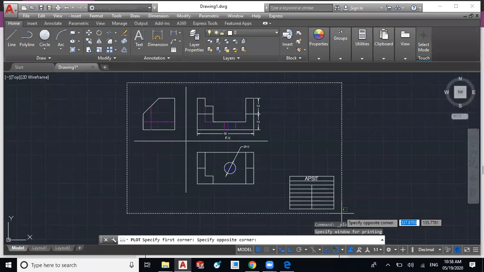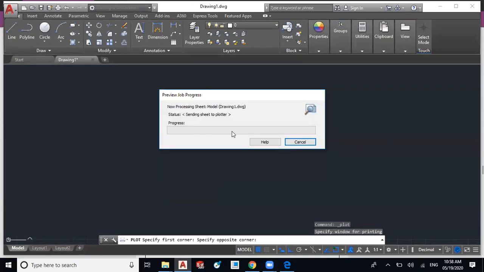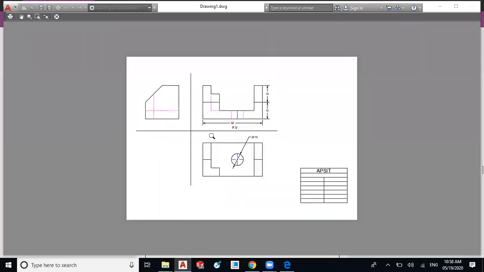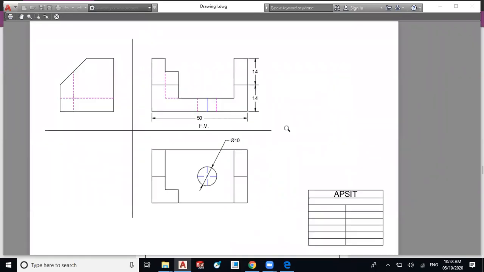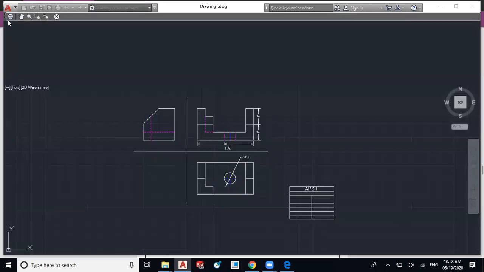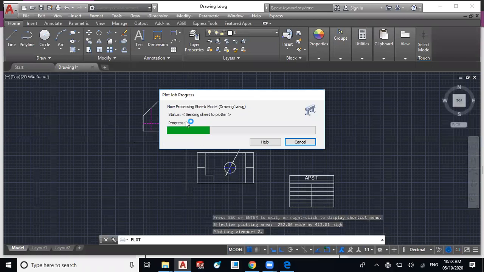So you can select any size. Then we have to select the window. We have selected the window, and then select the center the plot option, and you can go for preview. So in the preview you can see the views and dimensions. If these are proper, then you can go for the plot option. So click on plot, and you will get the PDF of your drawing.